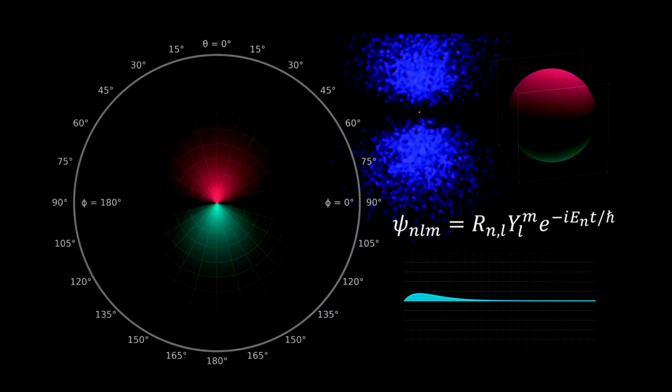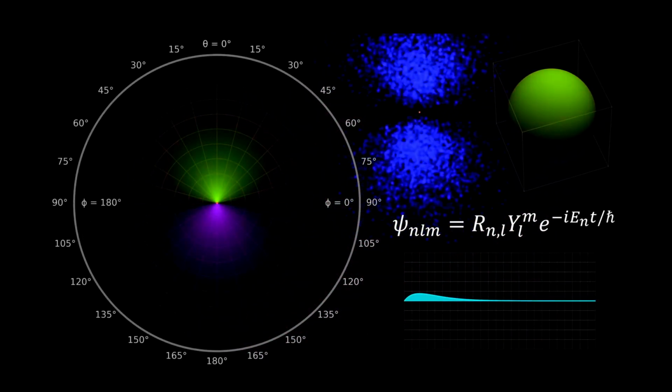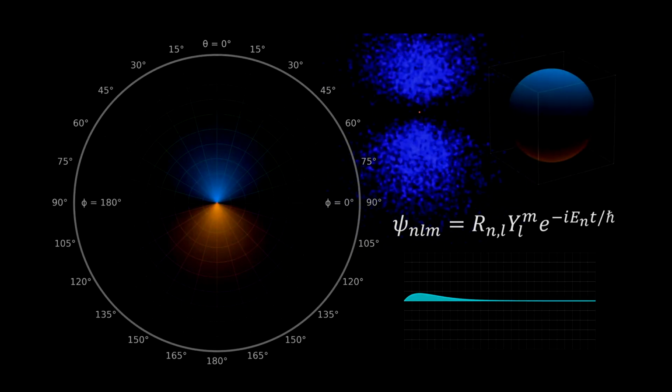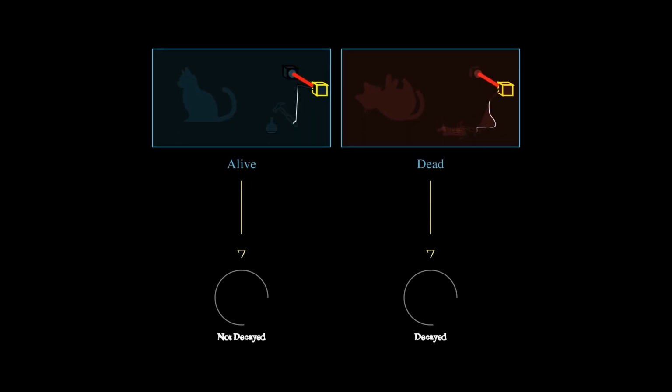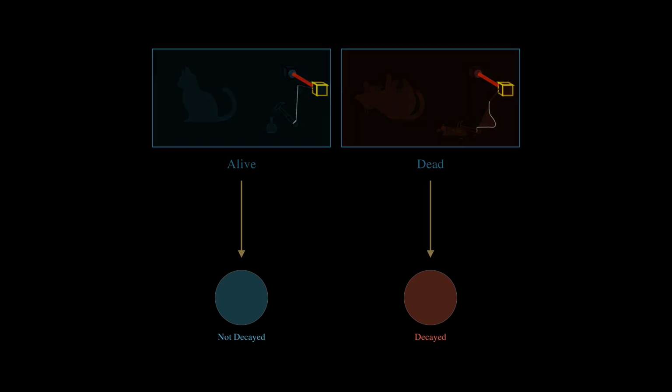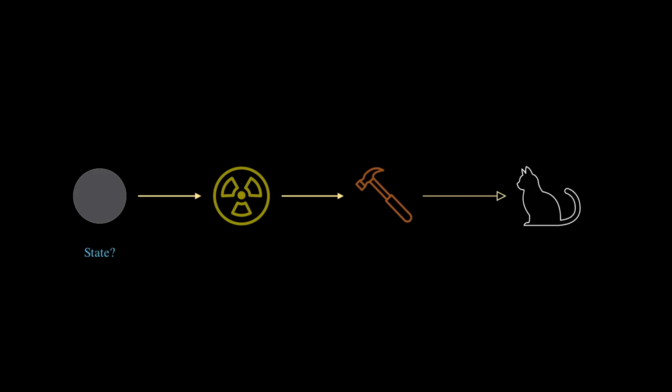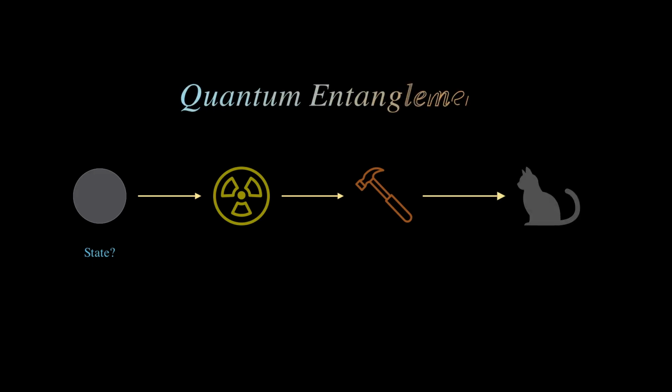Another explanation for the Schrödinger's cat thought experiment, which I personally prefer, will take a bit more explanation. As we saw in the Copenhagen interpretation, whether the cat lived or died depended directly on the atom, and if by the time it was measured it had decayed or not. To explain it in a clearer sense, the atom state was entangled with the detectors, which in turn was entangled with the state of the hammer and hence the state of the cat. This is a brief and very simplified explanation of quantum entanglement.